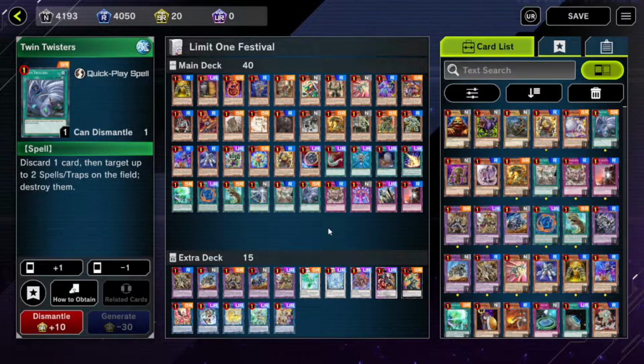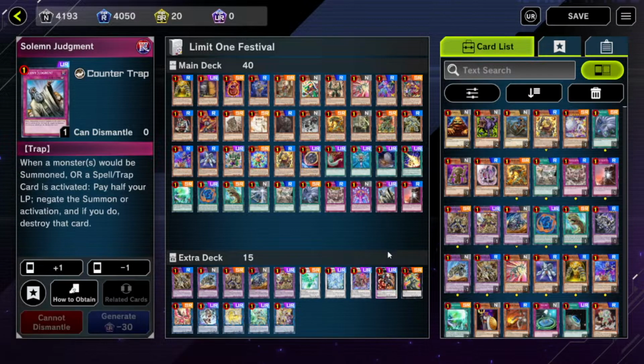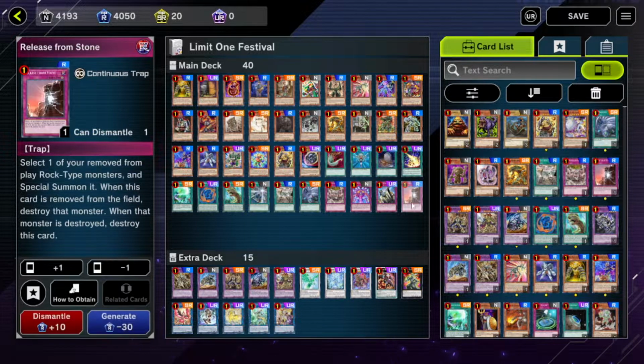Then, of course, we got Twin Twisters. Rock Bombardment is a slower way to get rocks into the graveyard. Solemn Judgment is basically card 39. And Release from Stone grabs anything from the graveyard, or the banish zone that's rock. So you get to recycle more rock monsters with that. It's okay in certain situations, but...